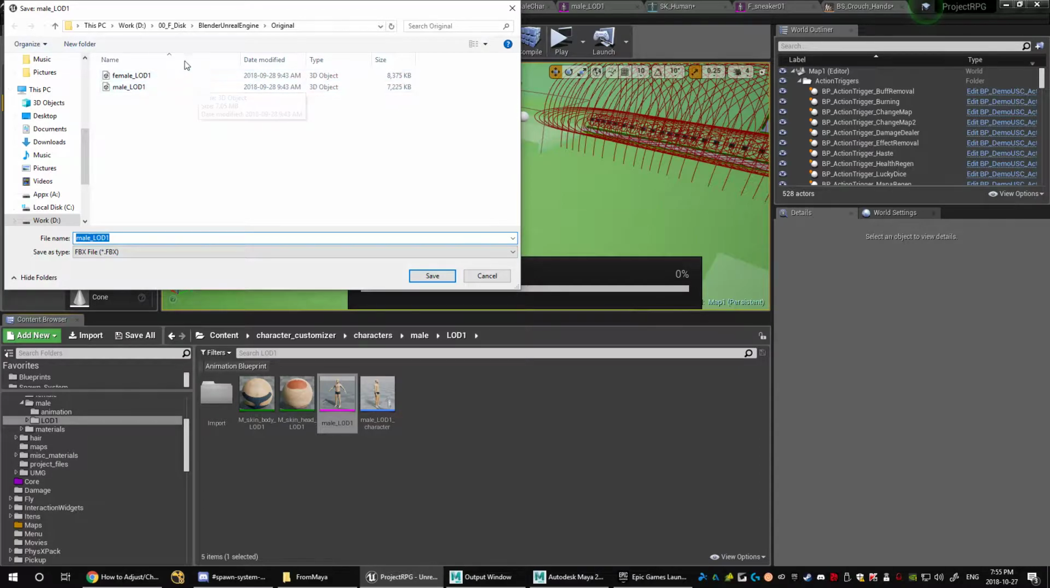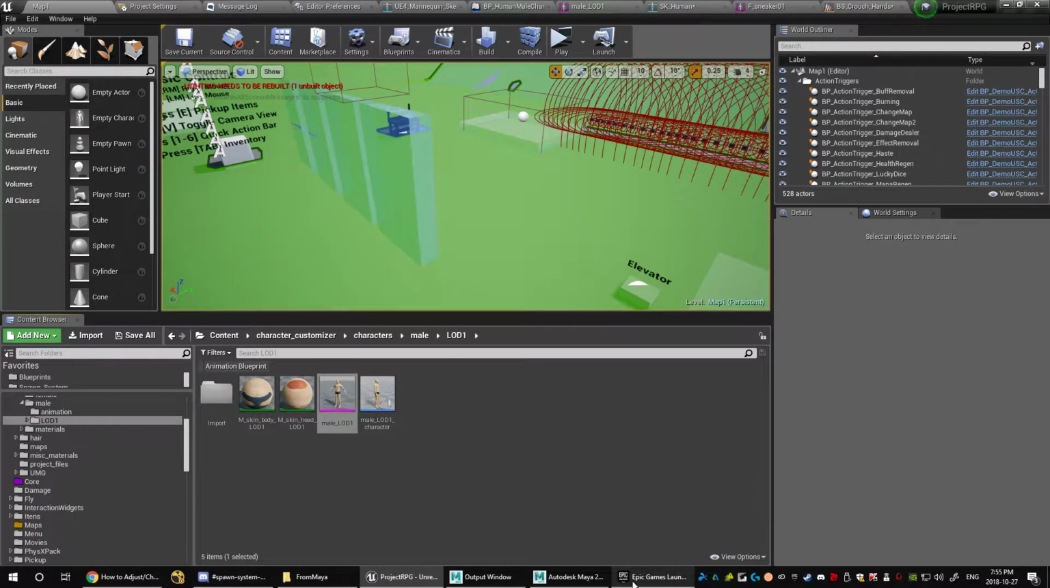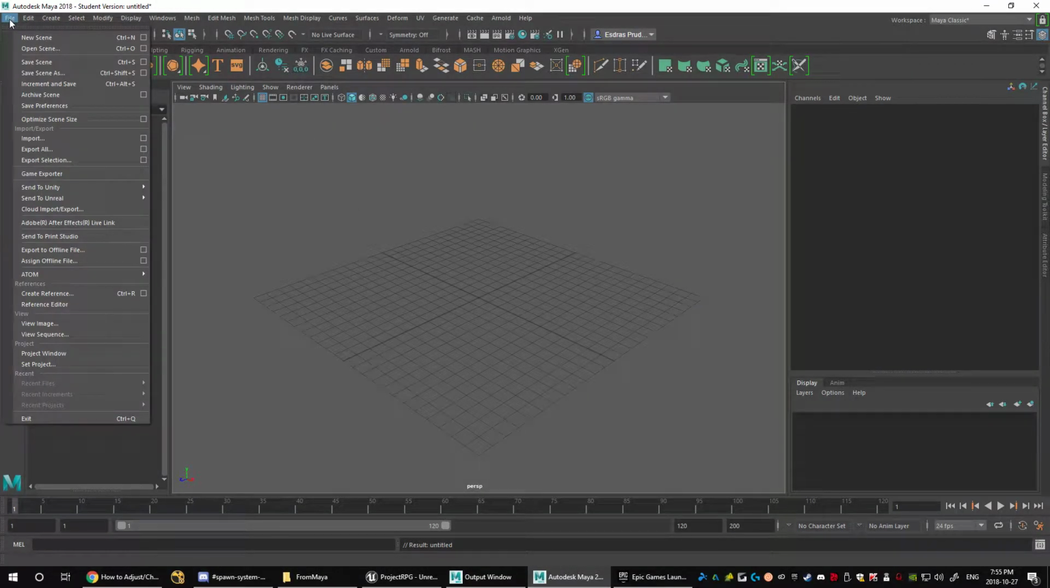Then I'm gonna make a folder called Unreal, and I'm gonna call it version 3. So version 3 and save. Everything default seems good. Okay, it's exported. We're gonna go to Maya, then click File, Import,